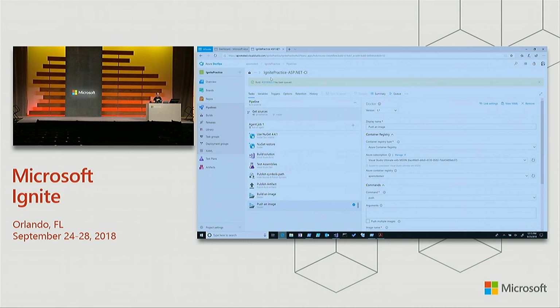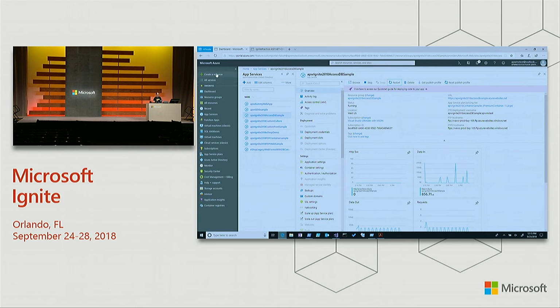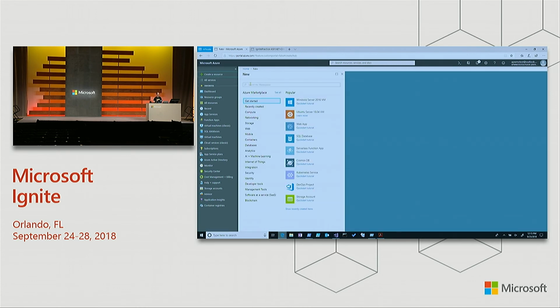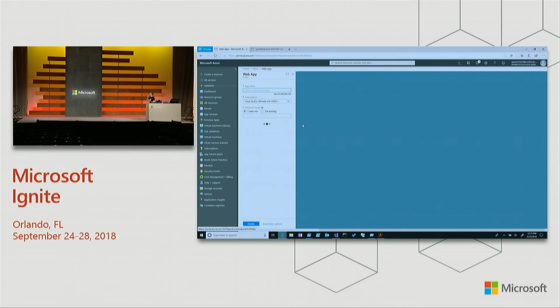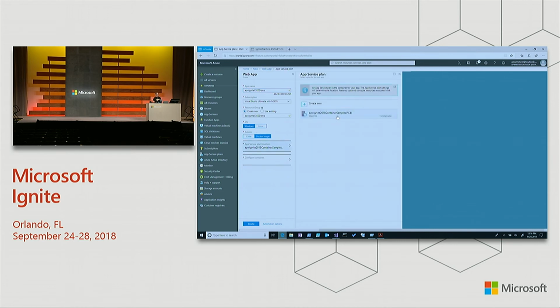and I'm going to show you a different creation flow. So you can now just go and pick create a web app. You don't have to go through web app for containers. So let's do ignite CI/CD demo and choose Windows, choose a Docker image. Now for this one I am going to choose that PC4 that I had earlier, and we're going to configure the container,